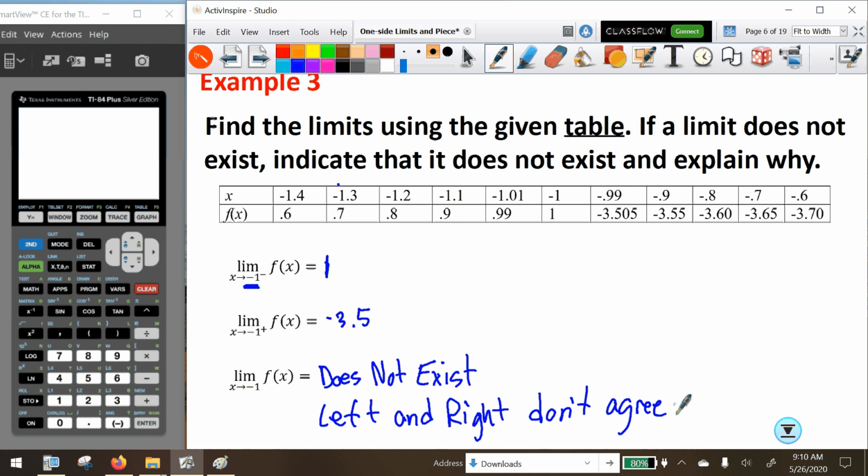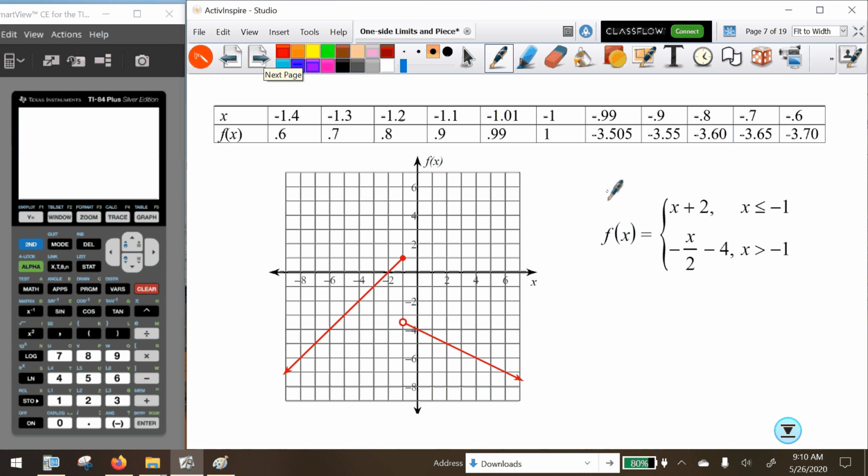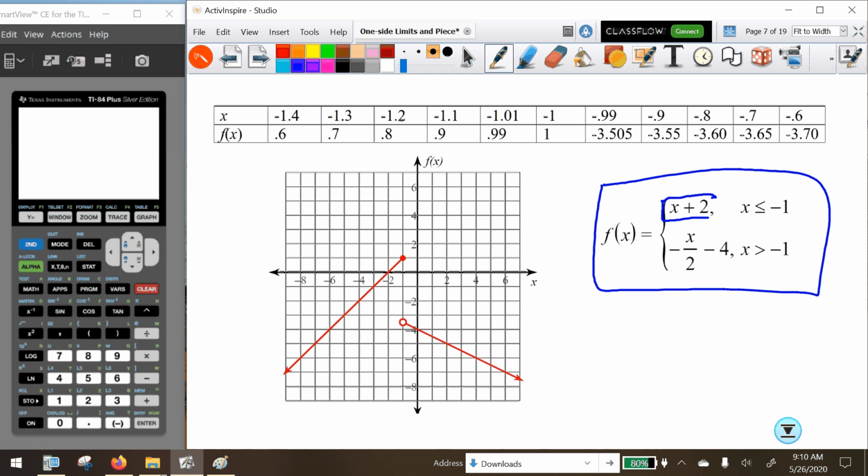All right, and I went ahead and graphed the function that behaved this way, so you can see better that this doesn't have a limit as x approaches negative 1. Here's the function that I built this table from. It's a piecewise function. For values of x that are less than or equal to negative 1, it's defined as x plus 2. And for values of x that are strictly greater than negative 1, it's defined as negative x over 2 minus